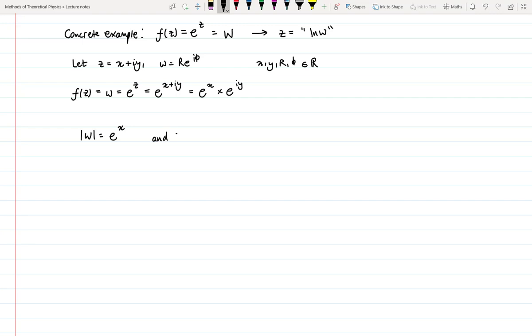This means that we can invert this expression to write down that x is simply the logarithm of the absolute value of w, which is a real number. So this line here is unambiguous